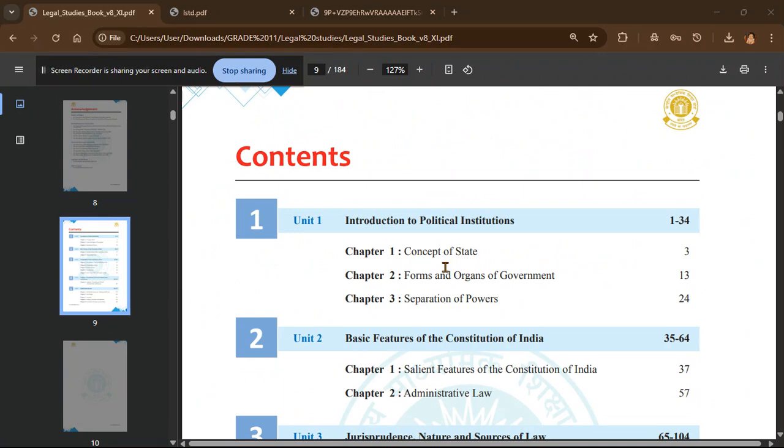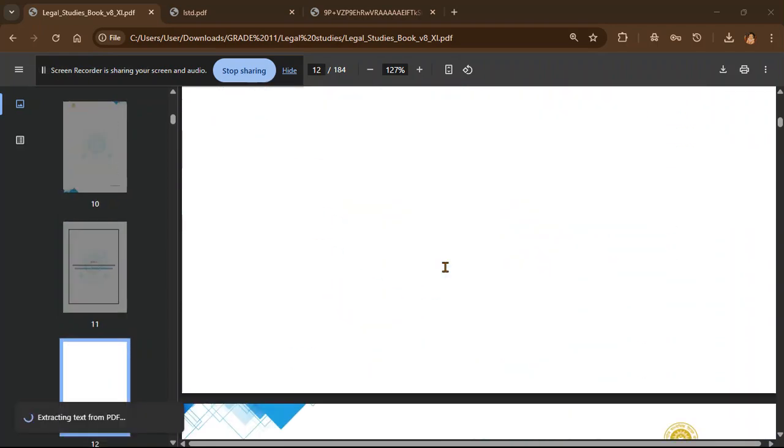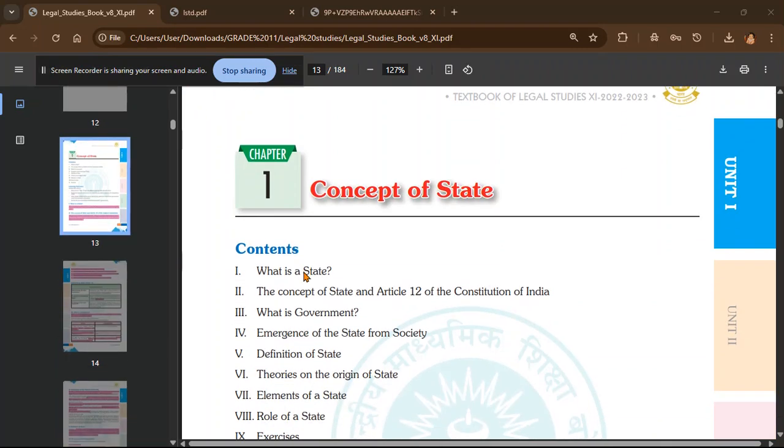Not the entire chapter, but some children requested me for the second chapter, half of it, for their coming exam. So I'll be doing till the portion that I have been briefed of. Okay. So for the first chapter, I'll just give you an overview of both the chapters before beginning it.